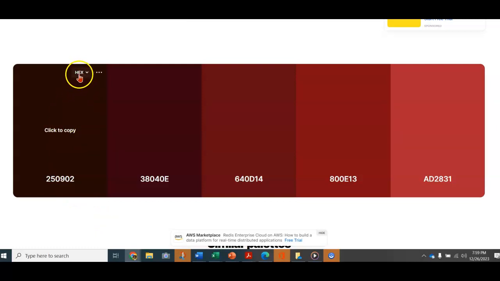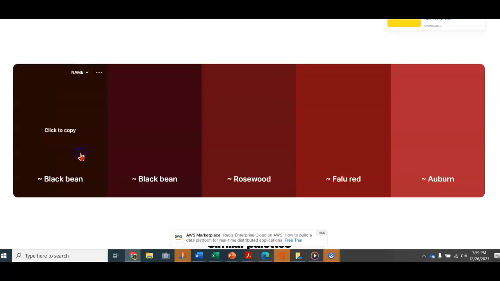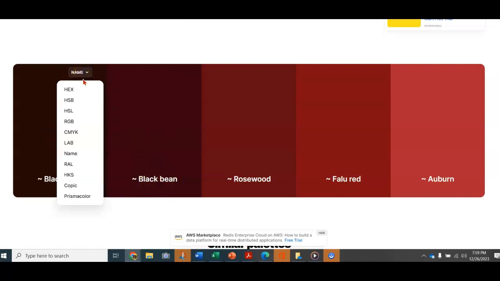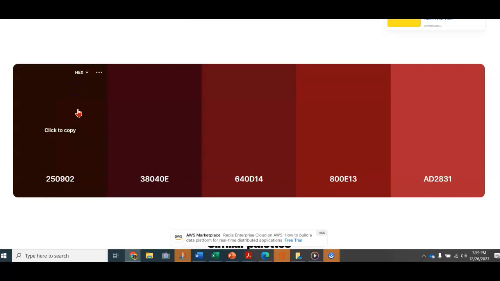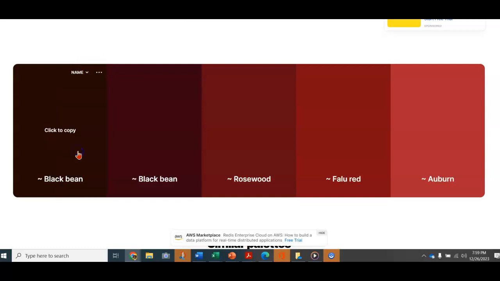So click this drop down. This is where it says hex on yours, and do the drop down to where it says name, and then all of the names will come here. This is crazy that these 2 are both called Black Bean, but they're 2 different colors. Let's see what happens if we go back to hex. Now, they actually have 2 different numbers, but they have the same name. That is interesting. Okay, all right, so go back to name, and then the next step is you are going